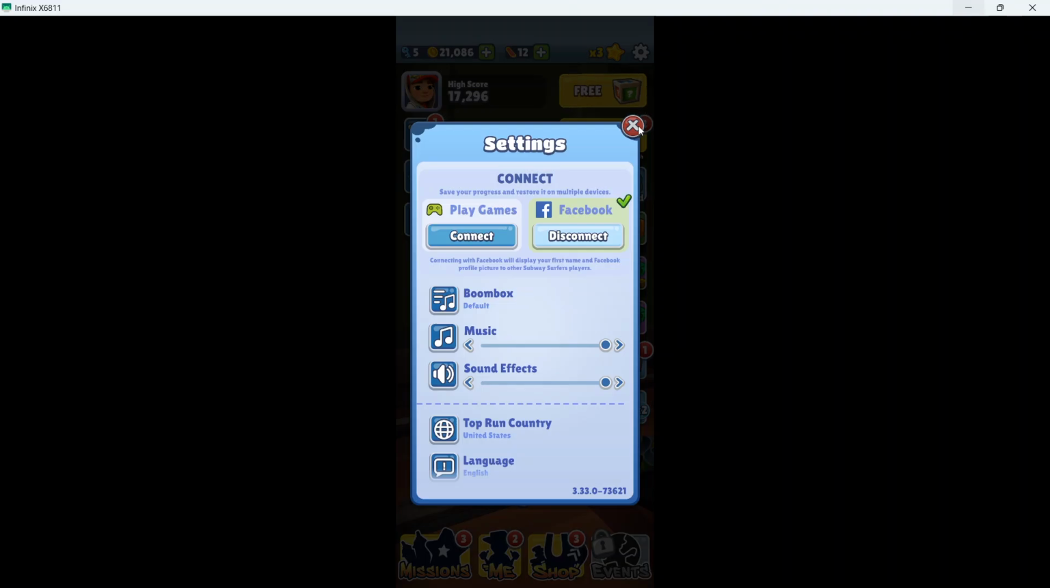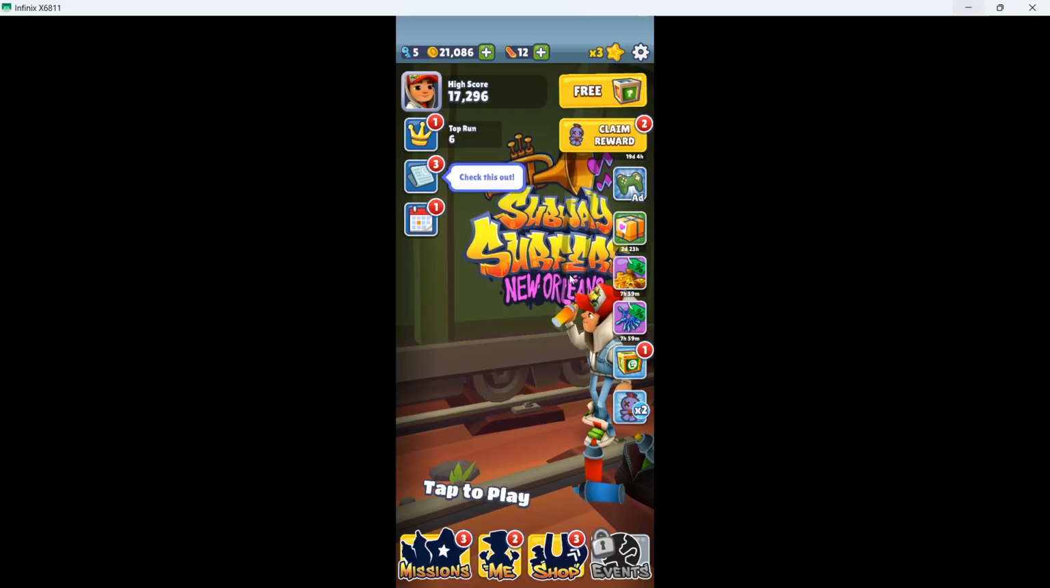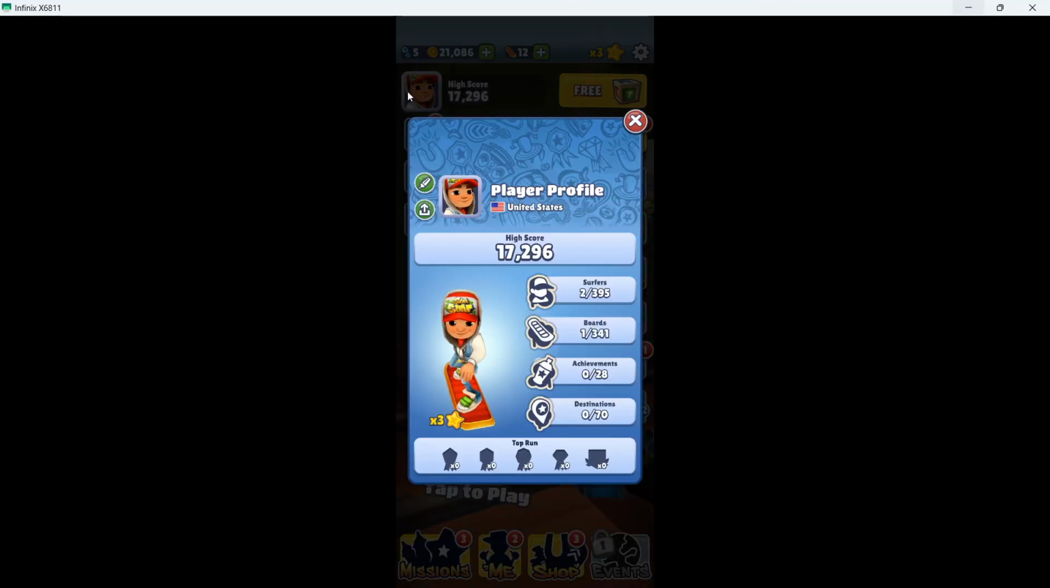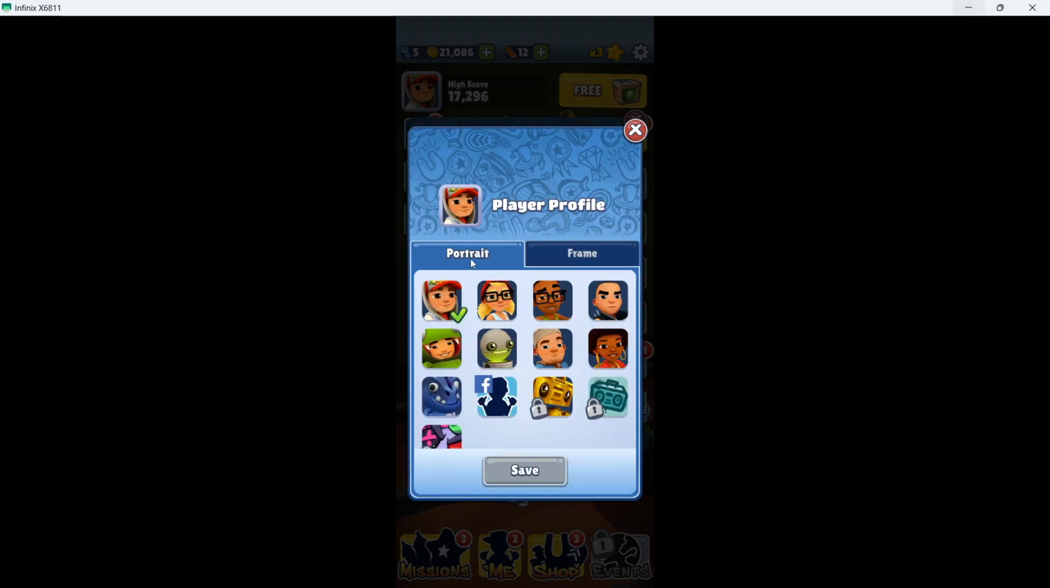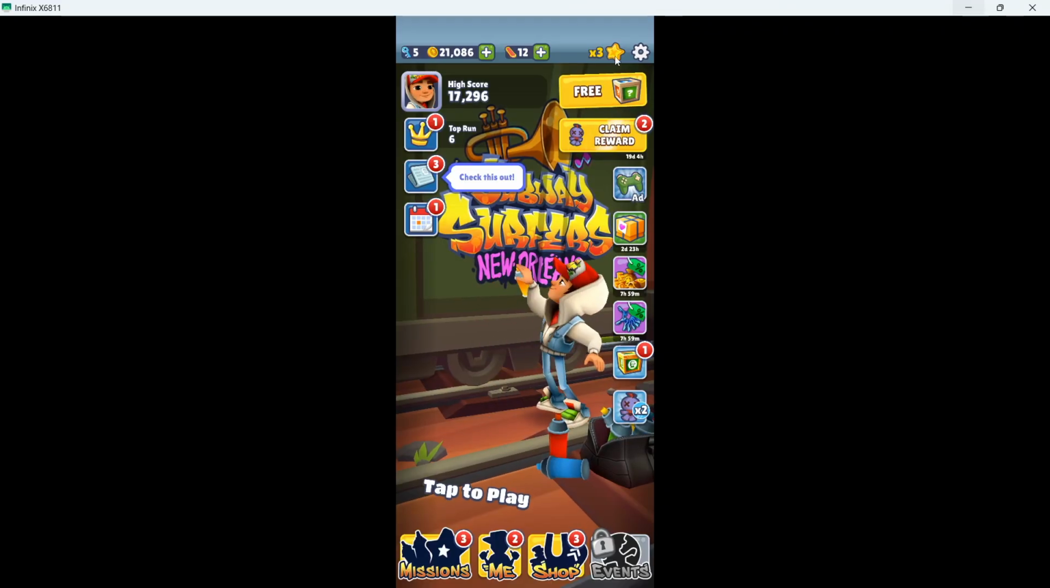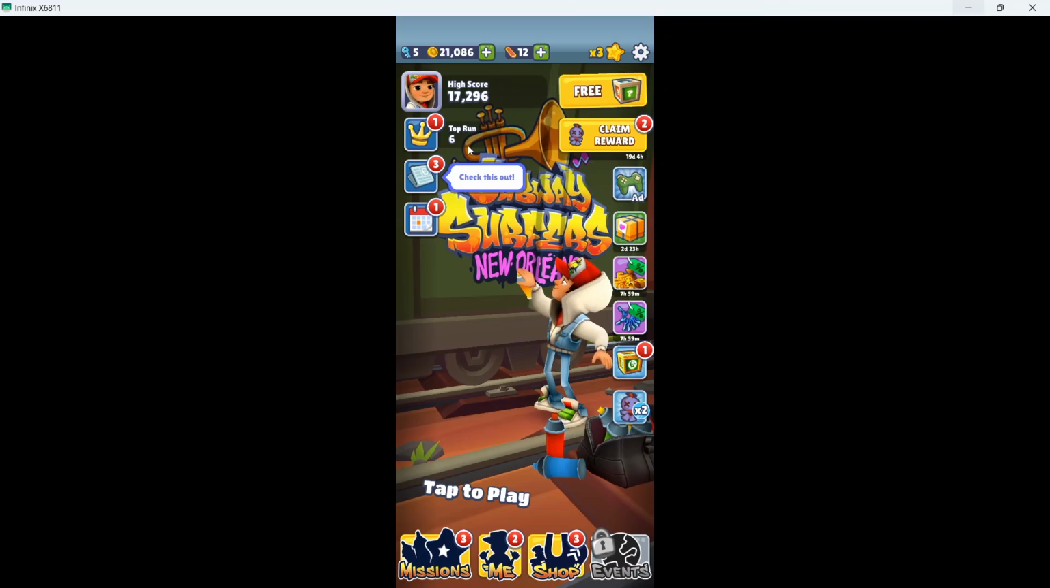And now how you can add your custom name. Here you can see your profile picture, click here. Here you can see the player profile, and here you can see this icon, and you can change your portrait here and click on save. Once you've done that, you need to go back, and here you can see top